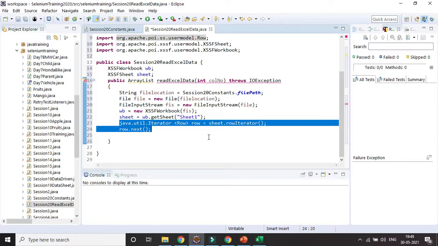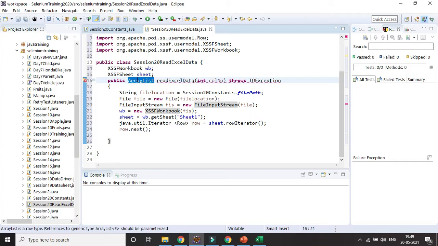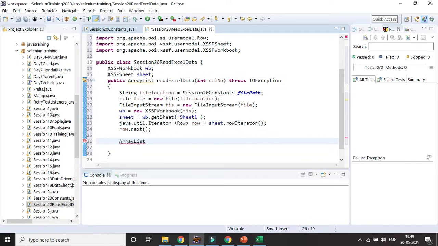Then I will be creating another ArrayList, where I will be going through all the rows one by one. The ArrayList is the return type. Why have I written that? Because definitely we will be creating an ArrayList, so the return type has been given as ArrayList. It will store strings. You already know how to add to an ArrayList. In case you do not know, please go through the collections completely and Java input output, because that will be very much required. All the OOPS concepts, IO operations, multi-threading and collections will be used in the framework mostly.